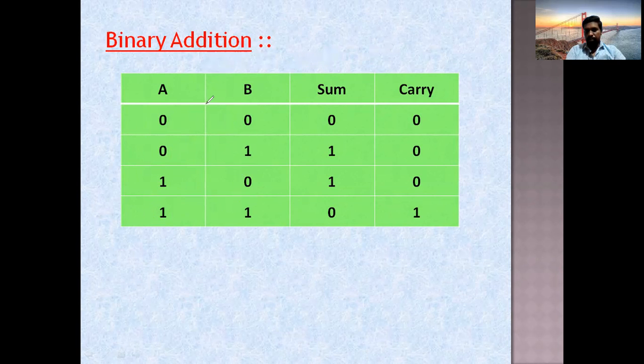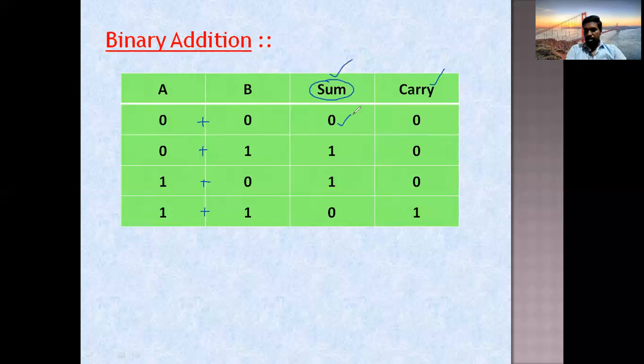Okay, now what are you doing here? Addition between these two. So when you add 0 plus 0, you will get 0 as the answer. Okay, remember that the result you are getting is called the sum. When you add 2 bits or more, you will get the result, and that result is called the sum. And you will get one more bit extra, that is called carry. What is carry? The extra bit obtained in the result. So see here, when you add 0 plus 0, sum will be 0. Carry will not be generated, means carry is also 0.